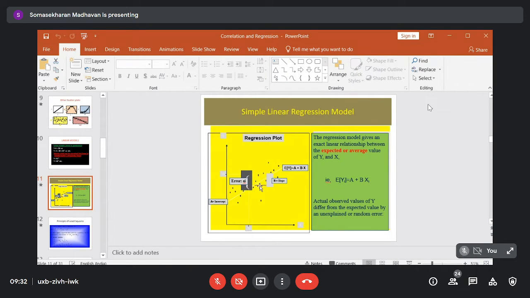For example, this is the straight line which is given in white color, which is the expected value of Y, which is equal to A plus Bx, the fitted value. So if you take one point like this, the point which is on the straight line is called the fitted value, or the expected value. But the actual value comes here. So the error is the difference between these two, and this error is called the residual error. This is very important in error analysis. The difference between the true value and the predicted value is called the residual error or error.